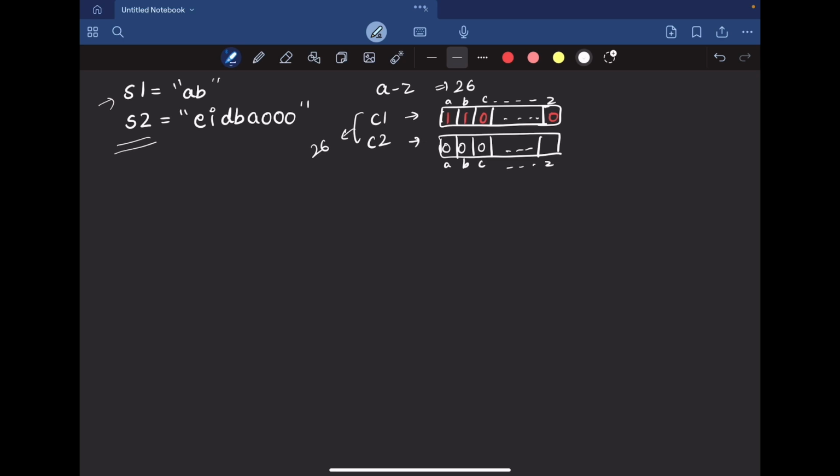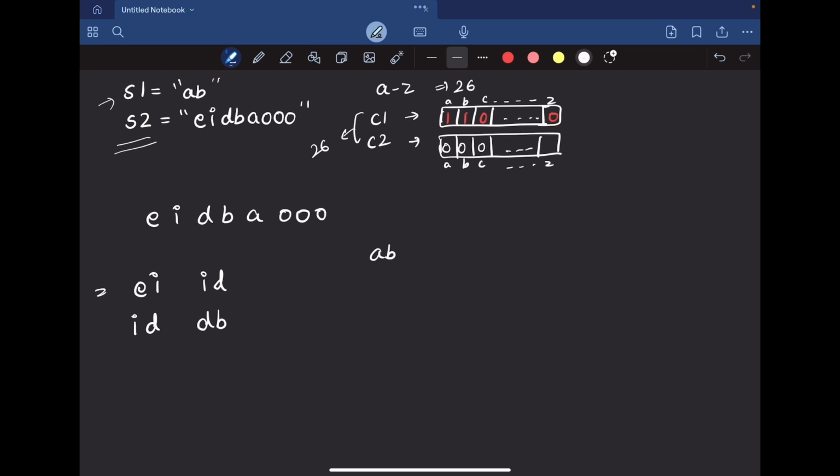Now, how are we going to update the frequency count for S2? That we'll see. If you saw, when we were considering EIDBAO and comparing AB in this string, we were taking substrings of length two together. First we took EI and then we took ID, right? Then after ID we took DB.